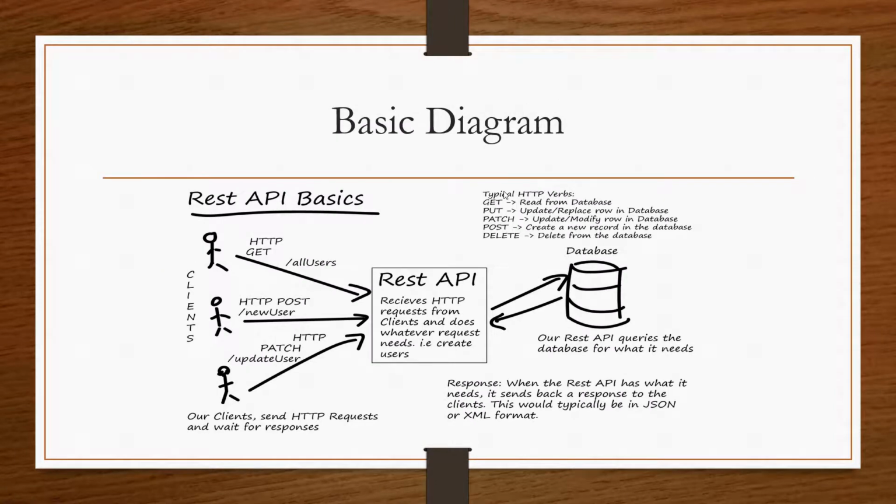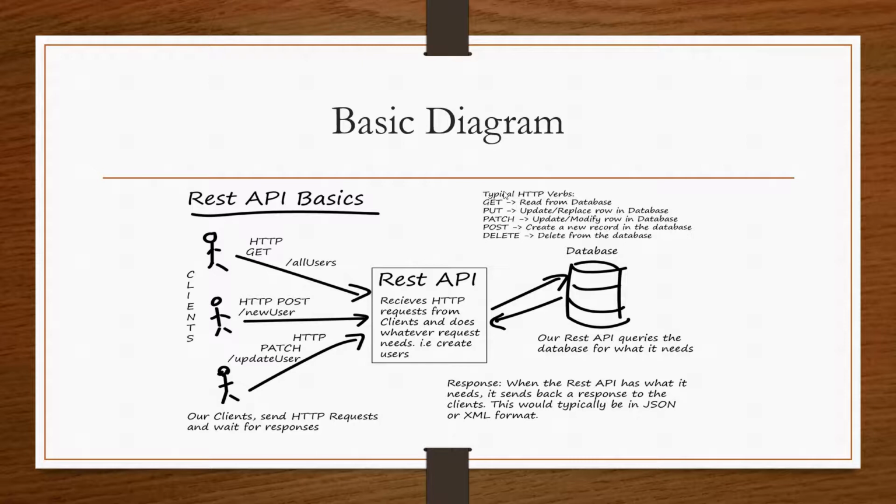Let's see a basic diagram here just to understand how REST API works. You can see here that we can communicate with REST API using HTTP requests, much like you would do to navigate to a website or load an image. We can do an HTTP request to certain API URLs, and these URLs would then return the information we required. Or we could push the data to an API URL in order to change some data in a database.